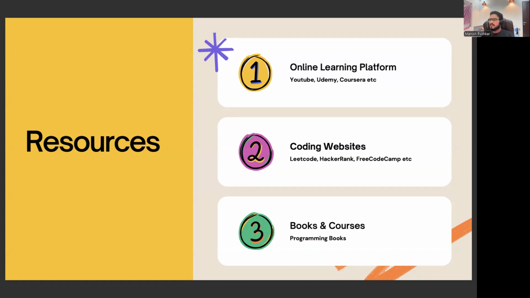Then the second thing is practice. Practice for you guys as a beginner is going to be really important. There are so many coding websites where you can go and practice. HackerRank for a beginner is really good. FreeCodeCamp, if you want to learn JavaScript, you can go and just follow their entire curriculum. You will learn there. LeetCode, again, for data structures and algorithms is a really good website. So many different coding websites, many different online learning platforms. Pick what helps you do best.